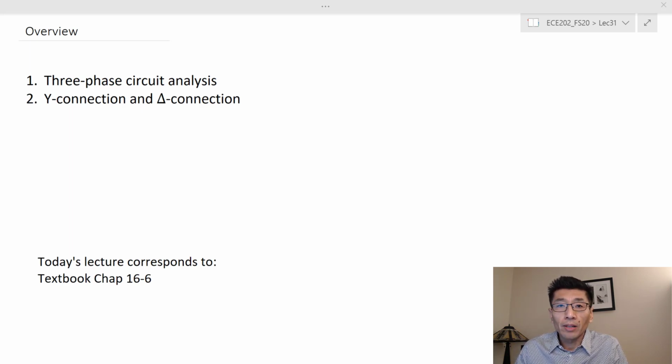And that's not really much different from the circuit analysis of a single-phase circuit, because if you remember, last lecture we calculated the current on the neutral line, right? The neutral current actually is 0 for a three-phase balanced system. That is true for all three-phase balanced systems. So therefore, we can